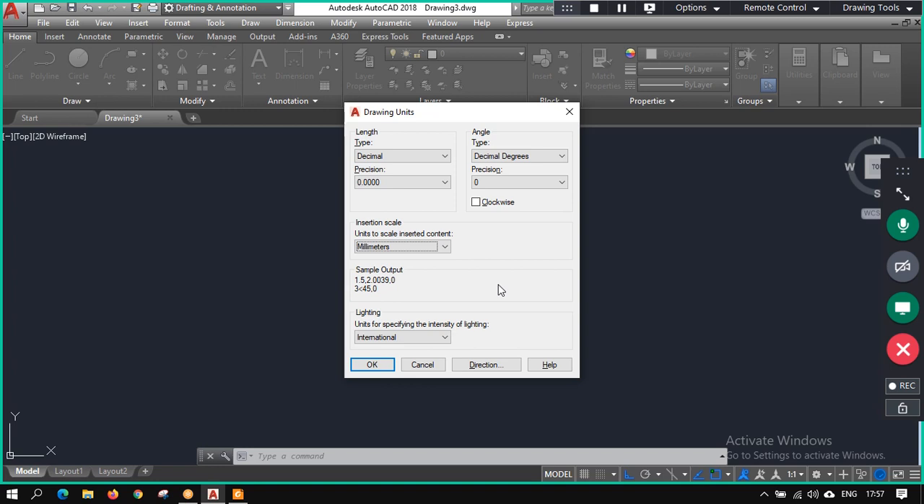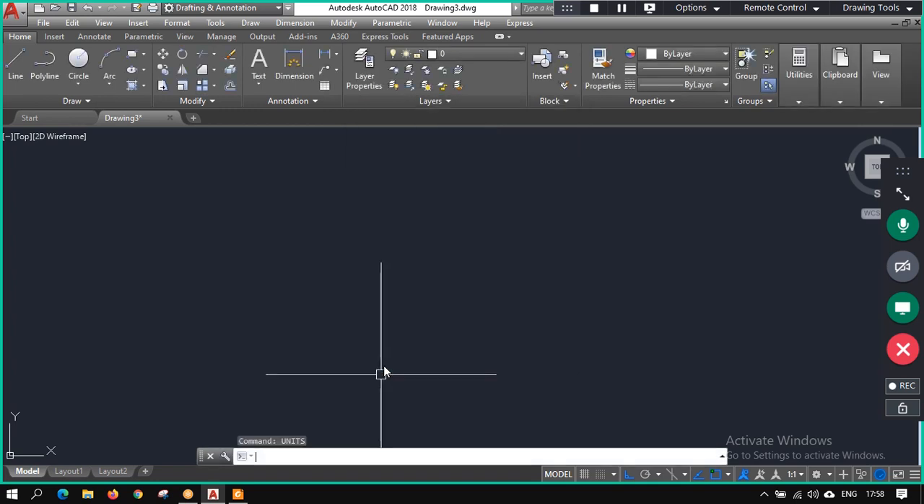First we have to go for the unit check, the most important check. Then only we will go for the limit check. We will not go for limits before that. So first we will go for the unit check, and there we will select millimeter, and we will press OK. Fine. Next,